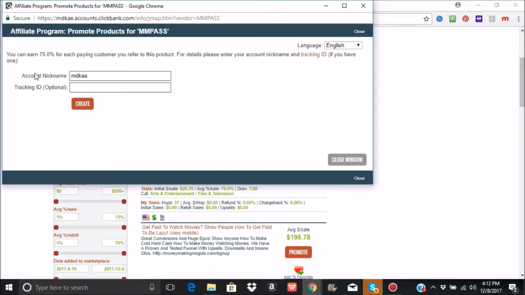and this is my account nickname. Now you can do a tracking ID. Rory does main. I don't suggest doing the same thing because then you won't know which is your link and which is his. You can put CB for ClickBank. I always put MD because that's my initials. It's just easier for me, so I know right away if that's my link. So you click create,